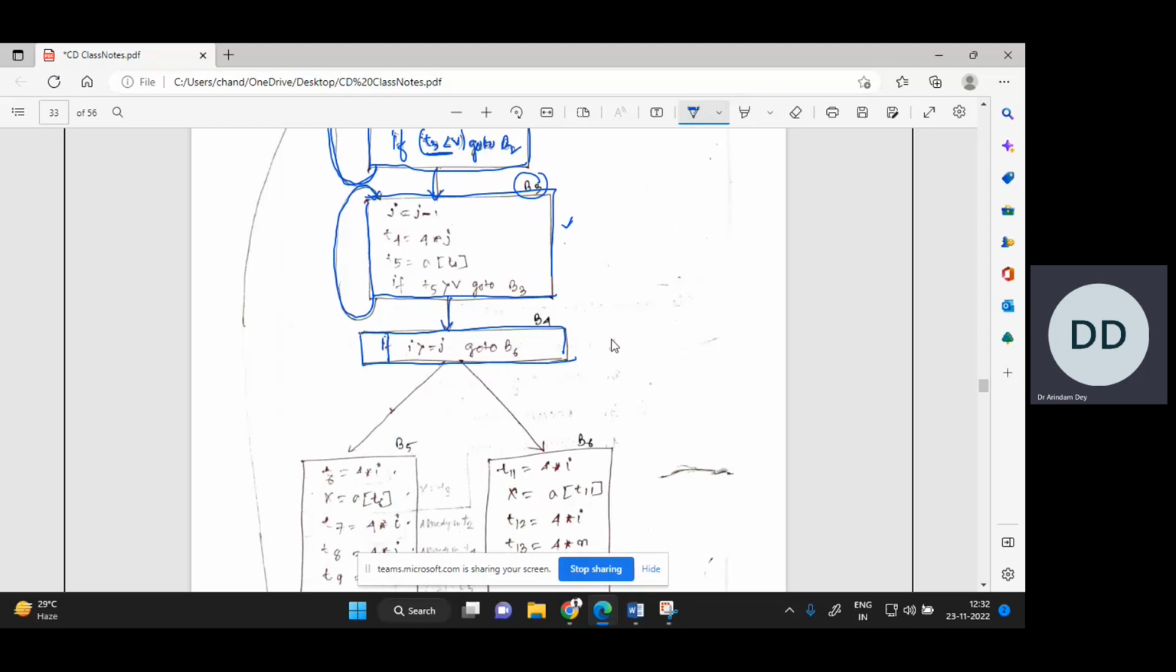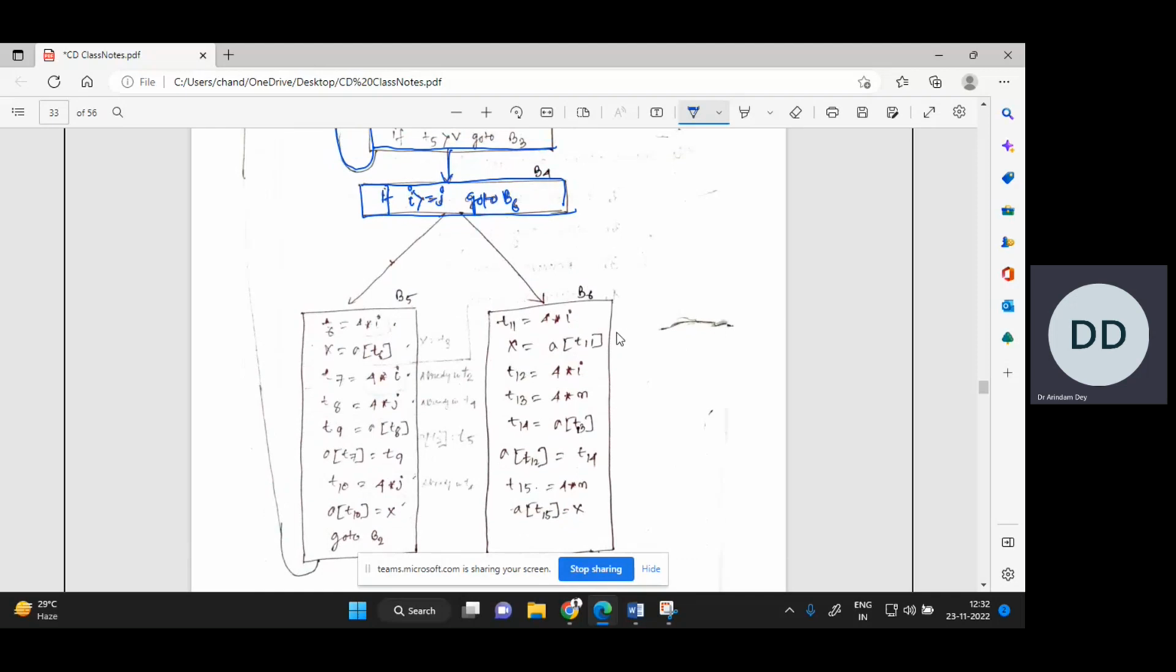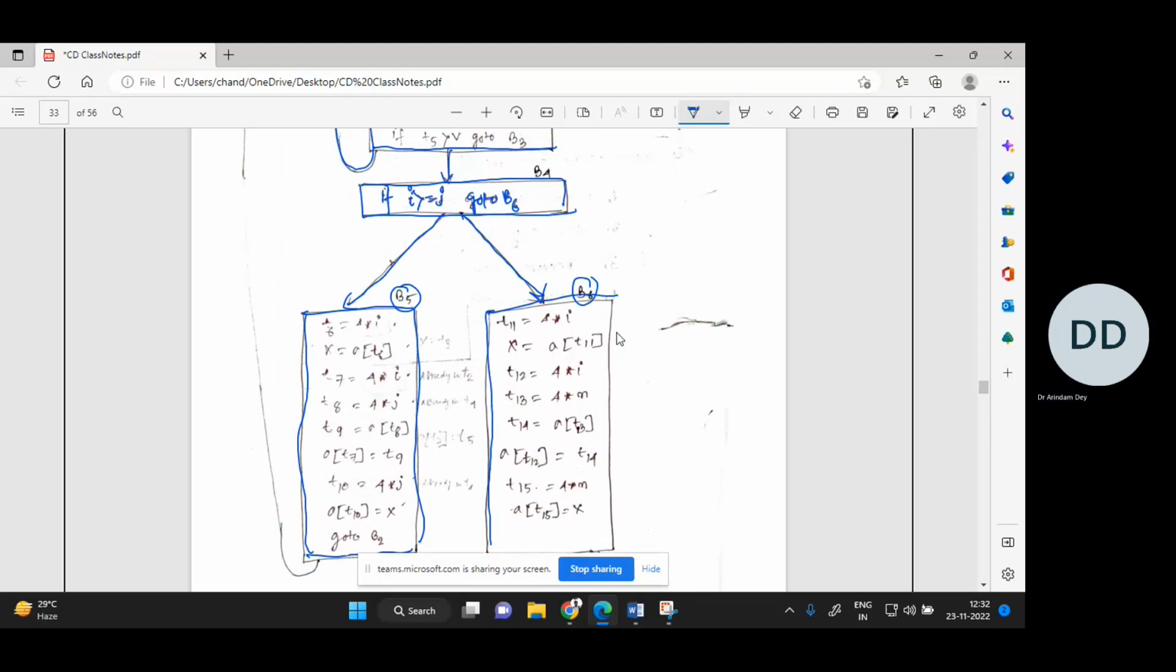Here, if condition is being applied: if I greater than or equal to J, then I am moving to B6. This is the goto function I have applied. Then another 2 blocks are there. Here one block is coming to B5 and another block is coming from B4 to B6. Both the blocks contain a list of operations, right? This is the list of operations containing,